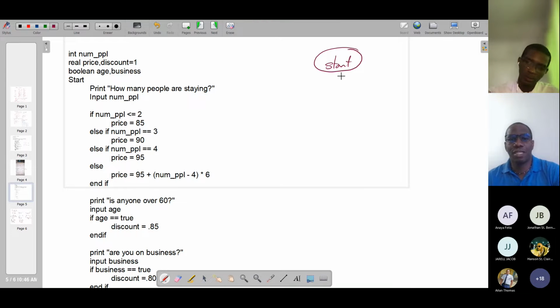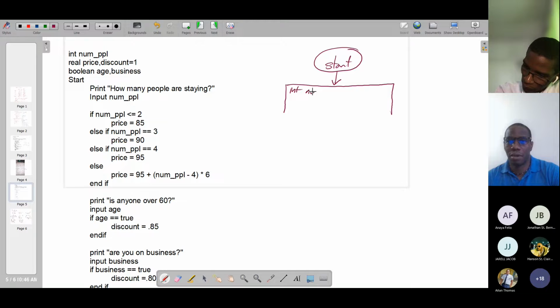And we can use a process box to declare our variables. So we had int number of people, real price and discount